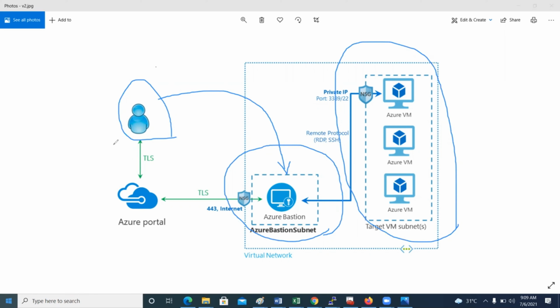Second thing, whenever any user tries to establish a remote desktop session, this session will use the latest TLS technology, which makes this session completely encrypted. So it will be really difficult, or you can say completely impossible, for any user to get detailed information about your sessions. So let's move on with the implementation of Azure Bastion and see how we do it with a few simple clicks. So let's move now.